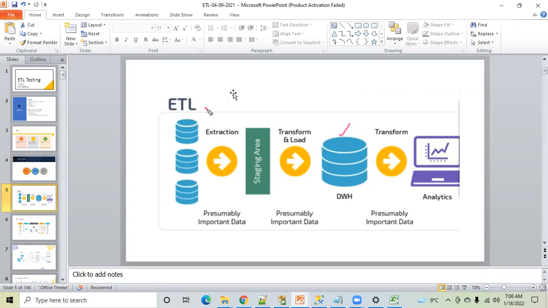Now, next question. Think and then tell me. You have got a project from the principal of an engineering college, and he has asked you to design a database or ETL project for their college. So what's the first question you will ask? Come on, guys. We'll find out how many sources of data there are. How many sources are there?